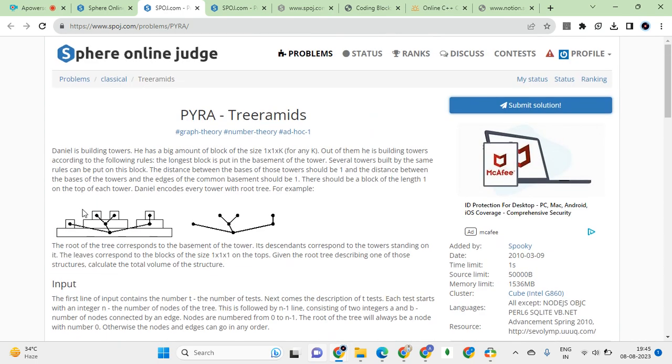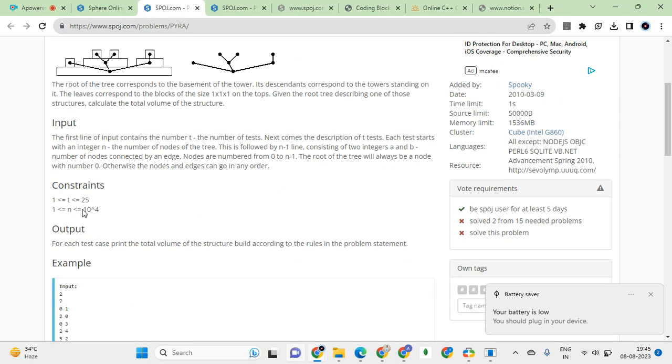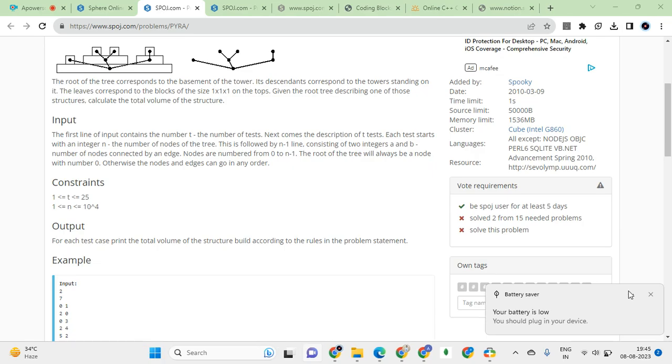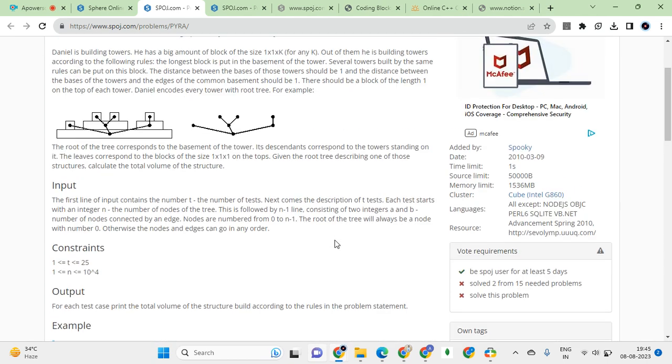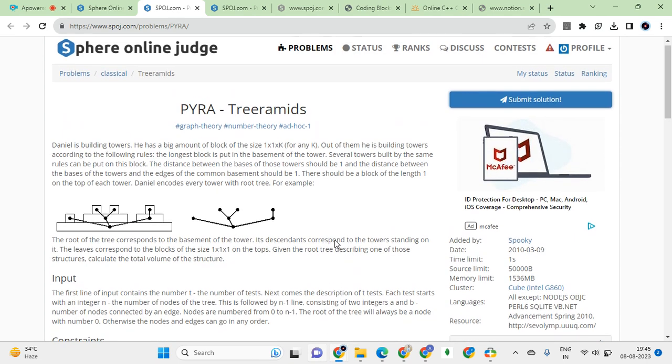So again, the problem of this is that sometimes you don't get the answer in SPOJ, or sometimes even one comment can spoil the answer. So that's what has been done. Again, we could have reached this obviously from our own point of view, so that you start from the leaf nodes. Okay, yeah, that is what it is.